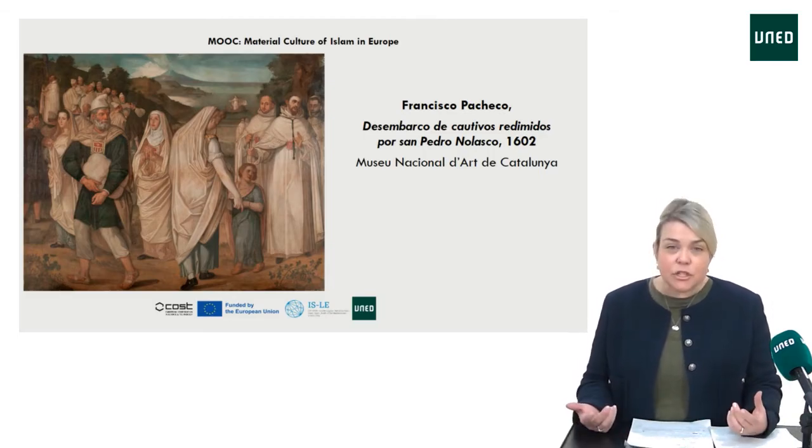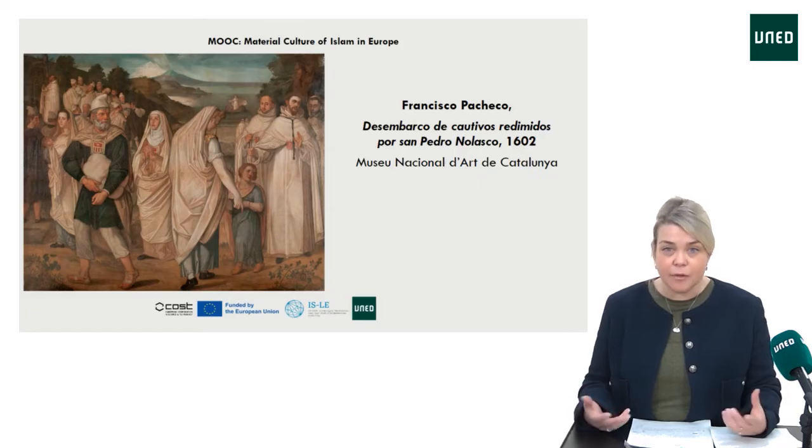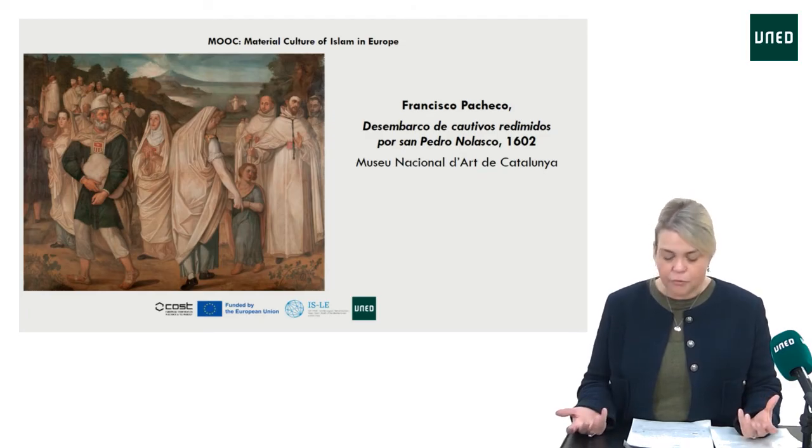This novella tells the story of two young Sicilians, Leonisa and Ricardo, who were taken captive off the shores of Sicily, which was under the Spanish crown, and are taken to Cyprus, under Ottoman rule at the time. They finally recuperate their freedom at the end of the story. While it's a fictional tale, of course, many of the elements in the narrative also speak to Miguel de Cervantes' own experience as a captive in Algiers from 1575 to 1580. This novella offers a fascinating case study to think about the question of objects and materials of captivity,